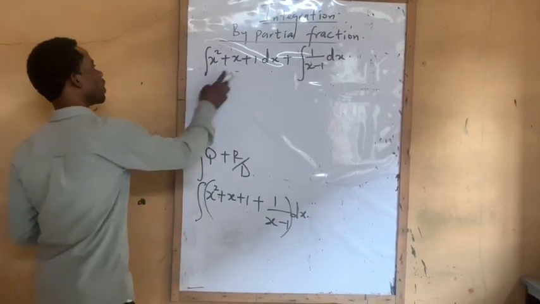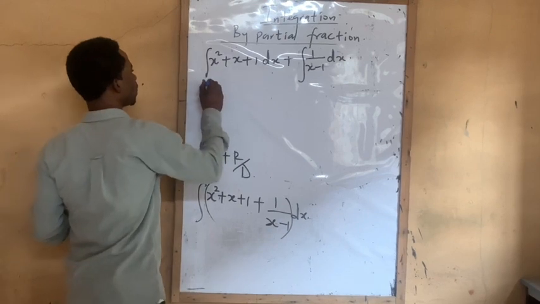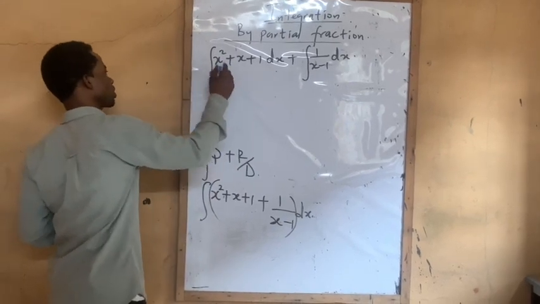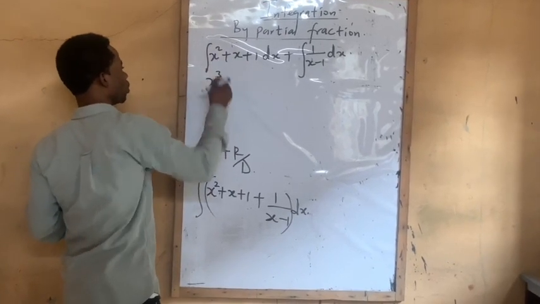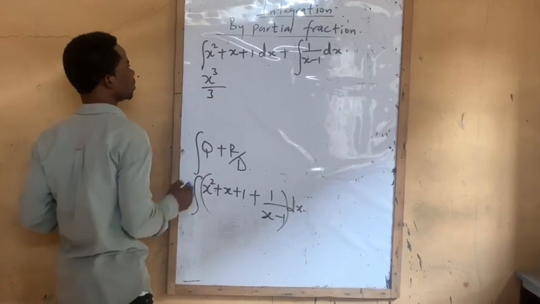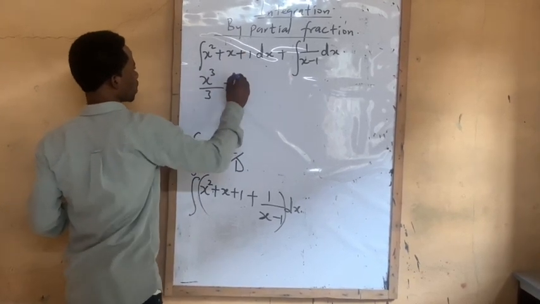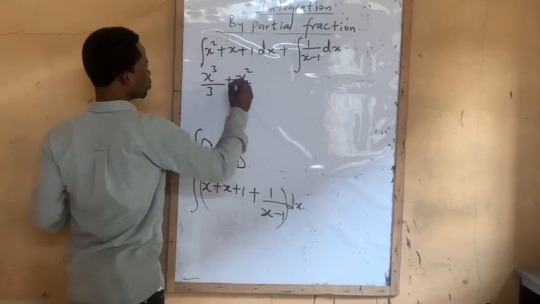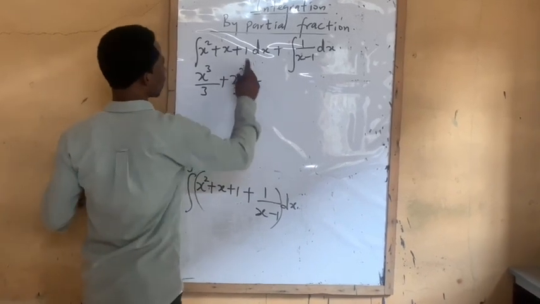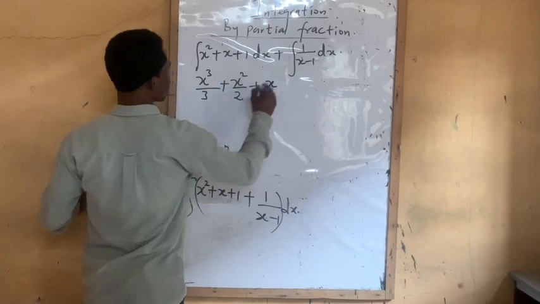So if I integrate everything here, I'm going to have integration of x squared, that is x cubed, plus 1 all over the same thing, that's 3, plus 1 plus 1, that is x squared all over 2, and plus integral of 1, that is x,